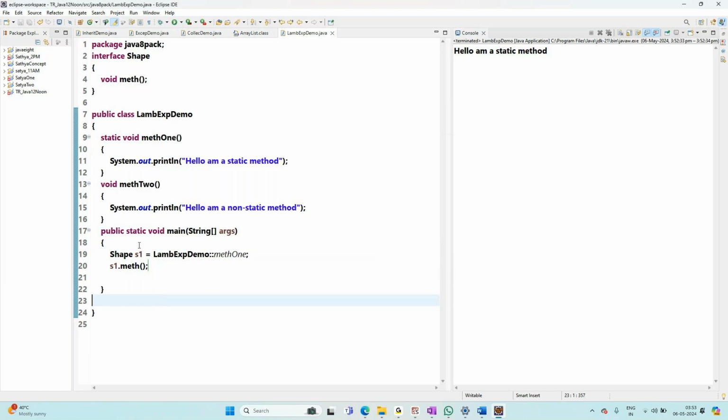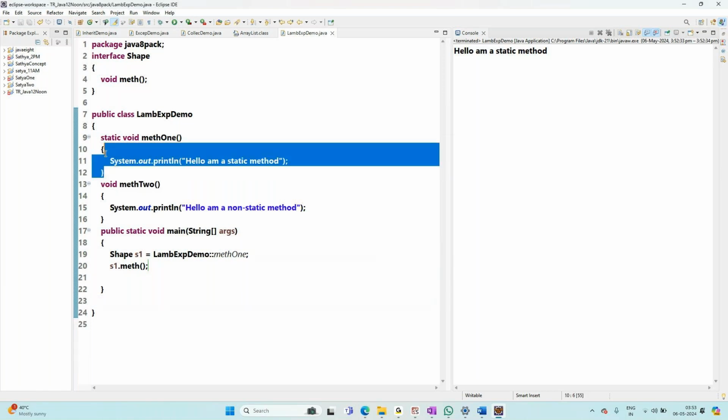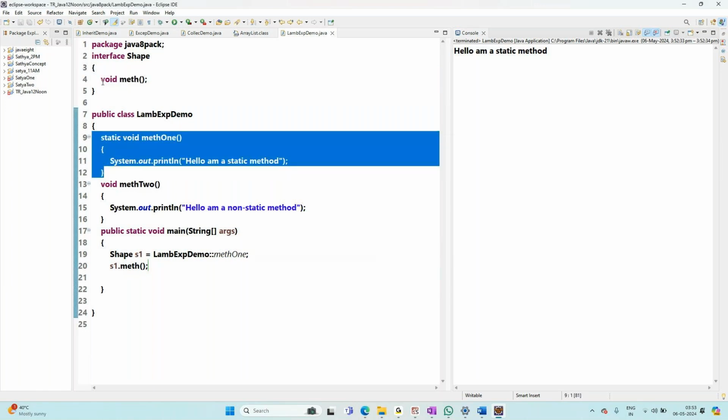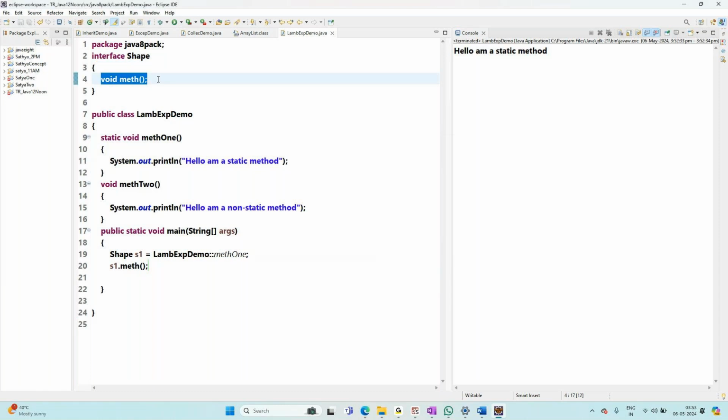Exactly. Means, can I say this is the implementation of this method? Can I say or not? That is obvious. Okay. So this method is the implementation of this method, this abstract. Yes or no? So when you are saying method,